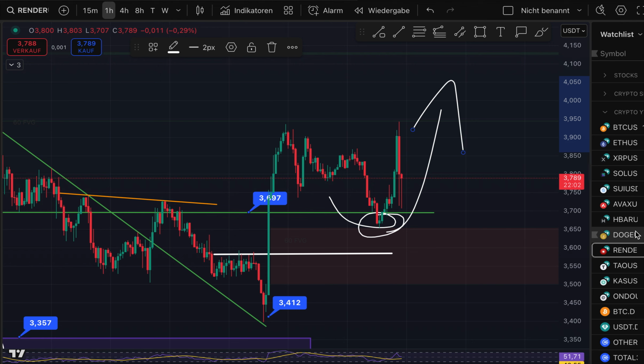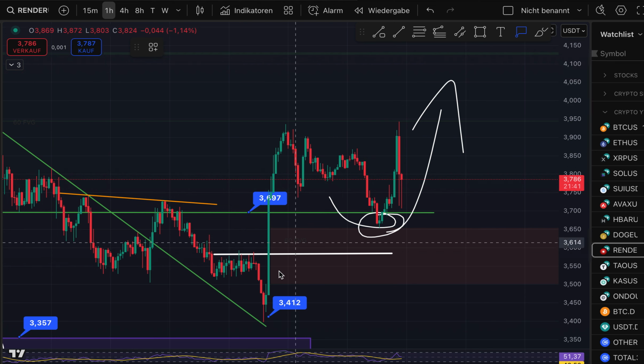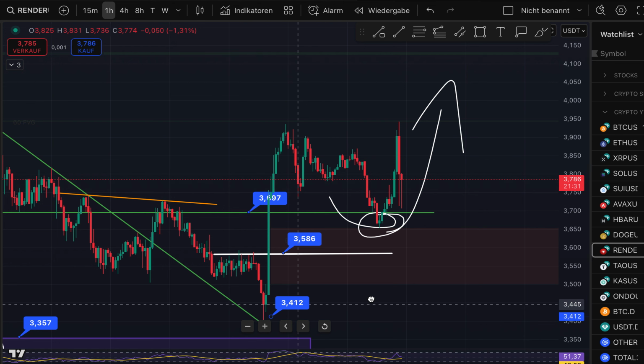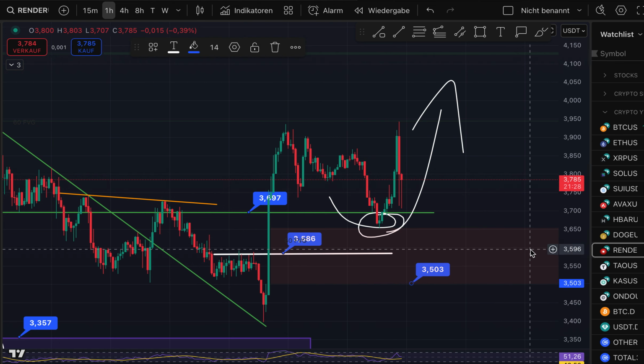So the question which we have to ask ourselves is: does Render know something about how the market is going to develop? Because the chart structure here is telling me we want higher prices. Or is it just a fake move and the whole market is telling me we are going to get lower prices? I don't know. I also want to get surprised. In the end of the day, if we drop again lower than $3.70, the next support is waiting for us, $3.58, and the fair value gap reaches prices down to $3.50.